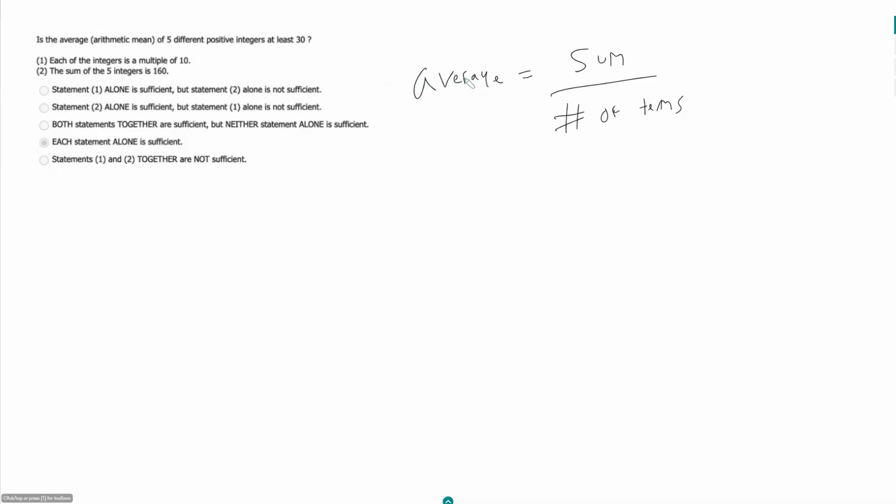about the average, they are really asking you about the sum, or sometimes the number of terms, and the vice versa is true. If they're asking you for the sum, a lot of times the key is really you need to find the average. So in this case,